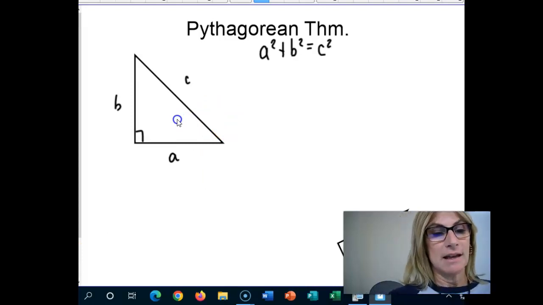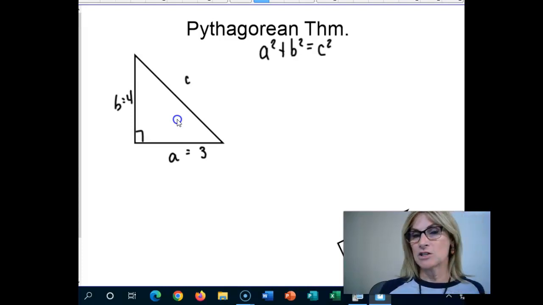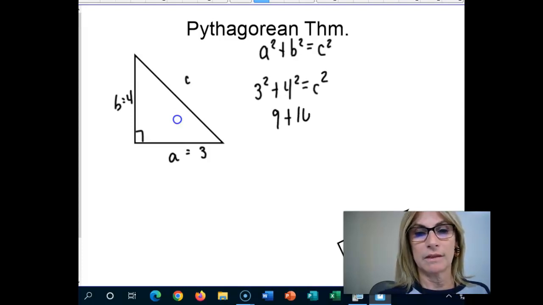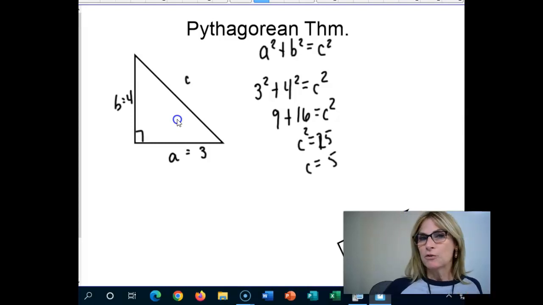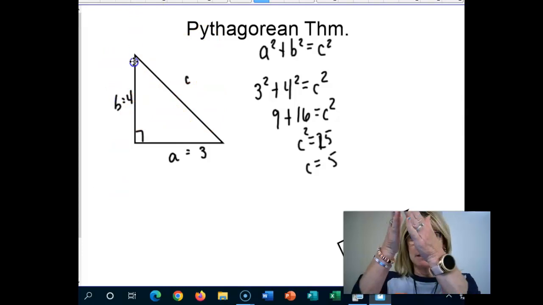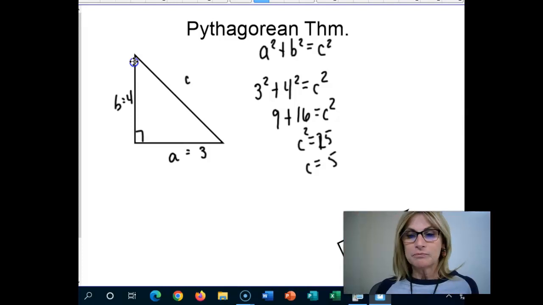So let's say that a is 3 and b is 4. This is actually a really common triangle that we deal with, and we're trying to find the hypotenuse. Well, a squared plus b squared equals c squared. So c is the square root of 25, or just 5. Okay, so 3, 4, 5, that's going to be a triangle that we deal with over and over and over. Now you'll notice that this triangle looks really nice. So right angle over here in the corner, hypotenuse over to the side, legs on the bottom and the side. But it could be turned